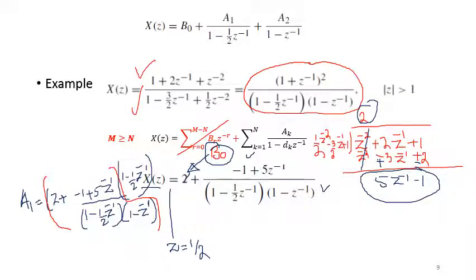This is x of z; you multiply x of z by the first term, this one, and you evaluate it at z equals 1 by 2. So I write x of z multiplied by 1 minus 1 by 2 z inverse, and evaluate it at z equals 1 by 2. So you understand, by multiplying this one, for this part it will be cancelled here, but for 2 it will be multiplied with 2. And once you simplify all this and you replace that by 1 by 2, you get a1 equals